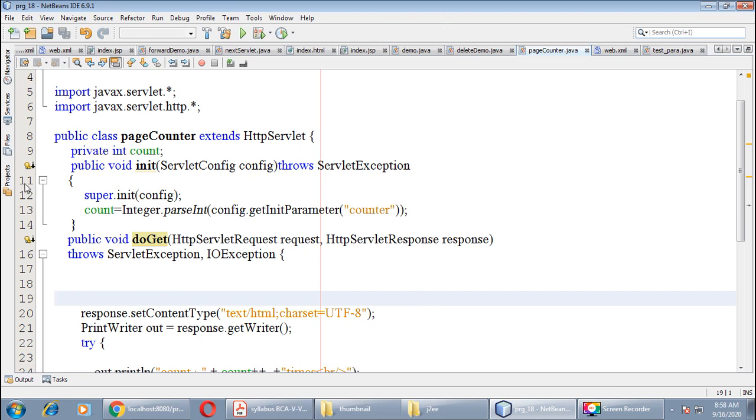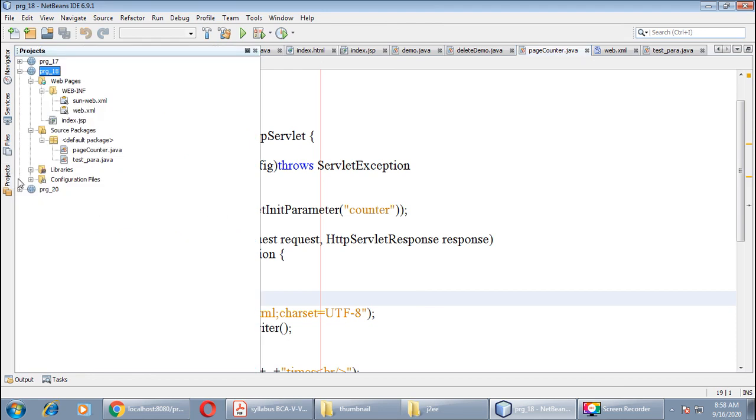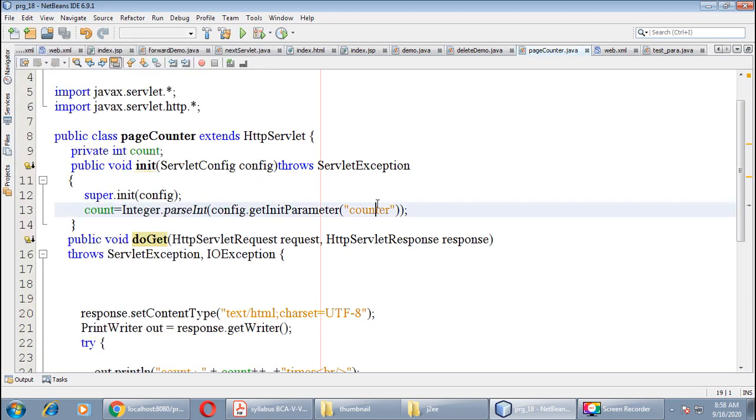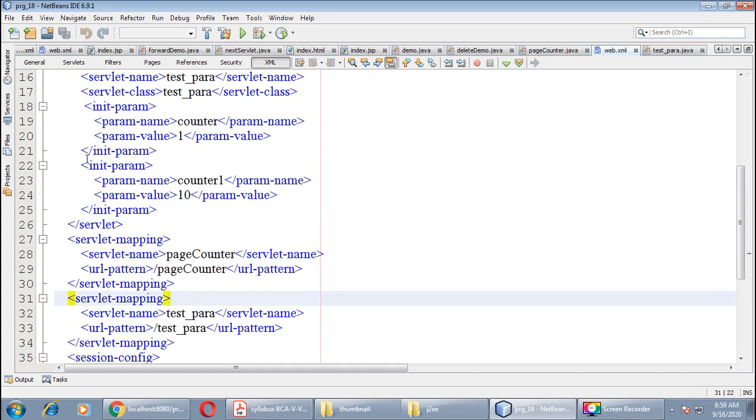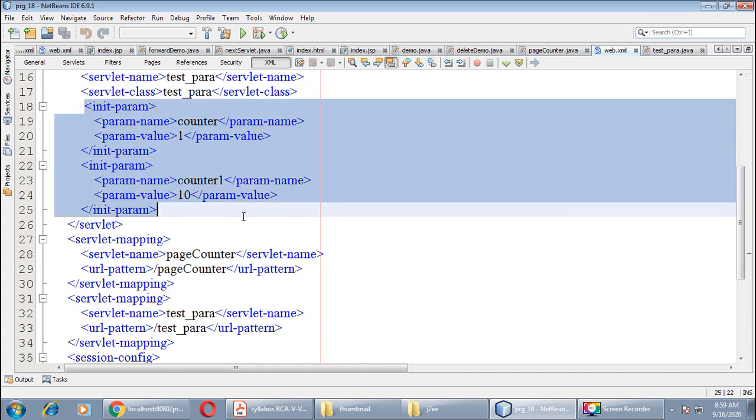Now in our second servlet we are going to use this method, getInitParameterNames. As I showed you, in the web.xml file I have defined more than one parameter, right? And I want to access the values of both the variables in one go.